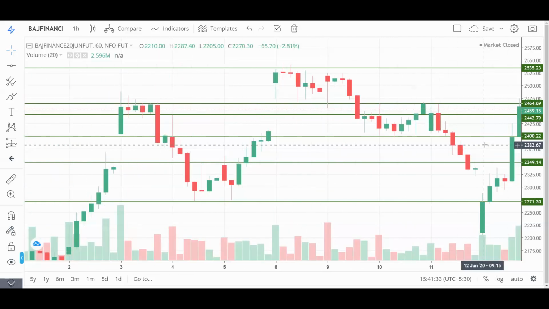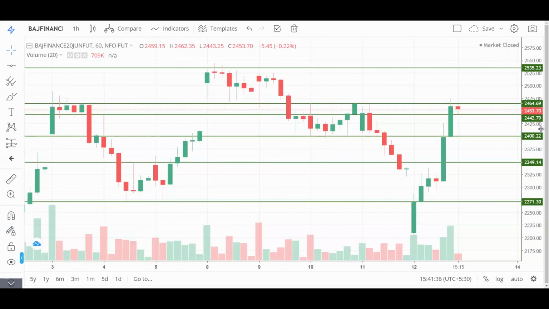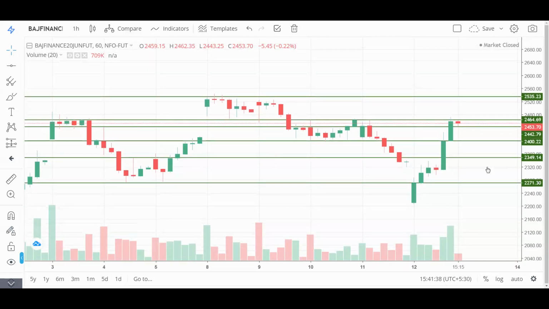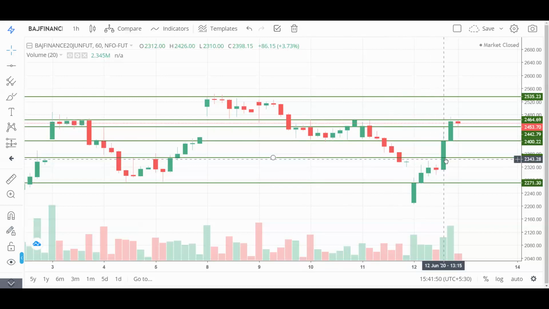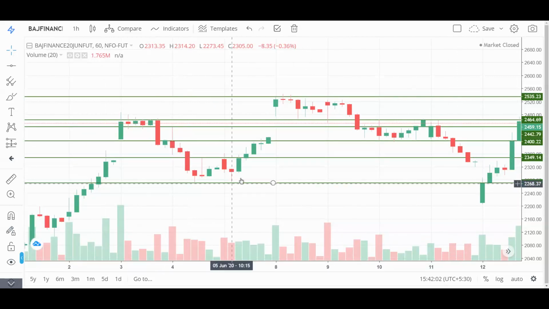And what we can see is the support and resistance lines. It has taken the support here. It has exactly reversed from our resistance level. It has taken the support here. So our drawn support and resistance levels have worked properly. Here it has given a breakdown and later on it reversed and started moving upward as per our drawn support and resistance. Here also it has taken its support. Here it has given a breakout. So this was for swing traders, the 1-hour time frame.